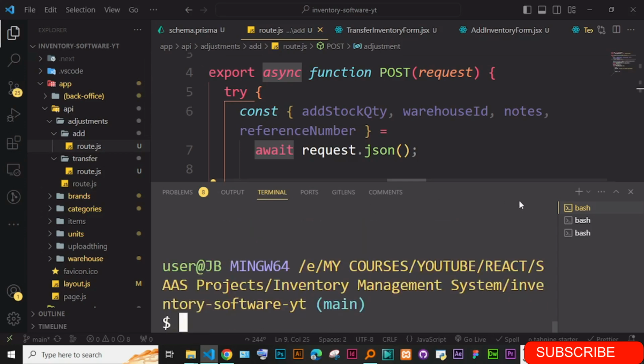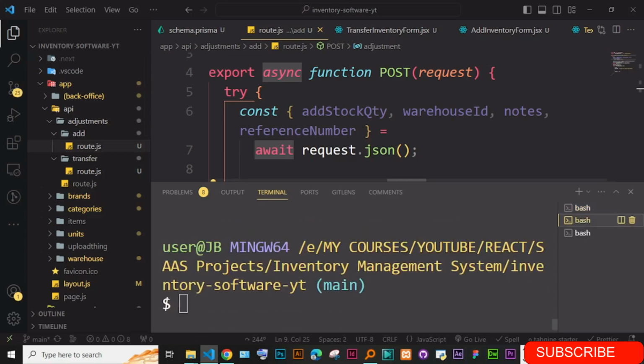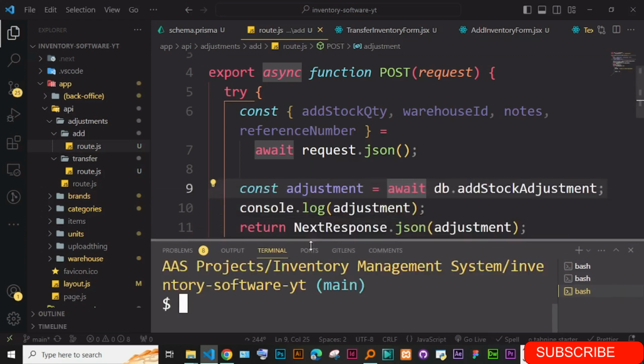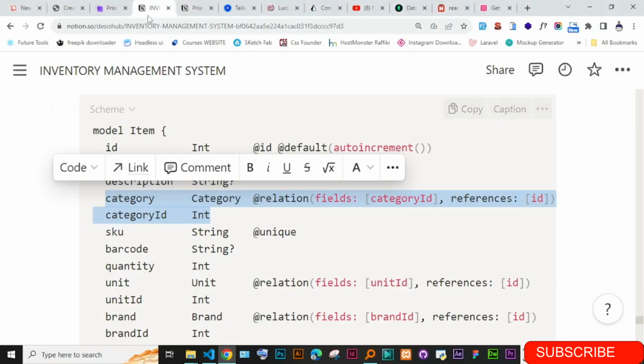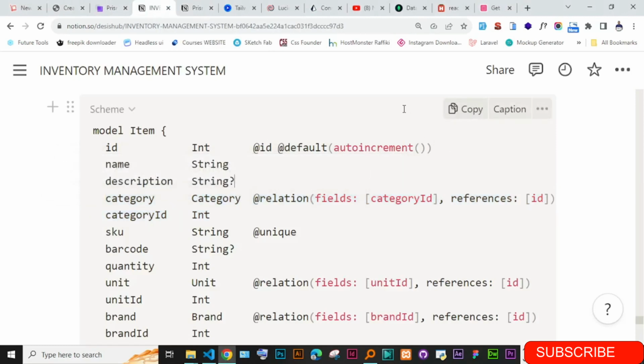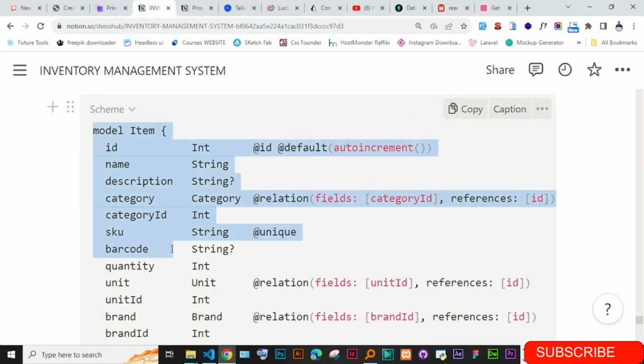Okay, and by the way, before we migrate, I'm just going to also add for the items so that we do this at once. So I'm just going to copy this and we adjust it. The one for the model item,